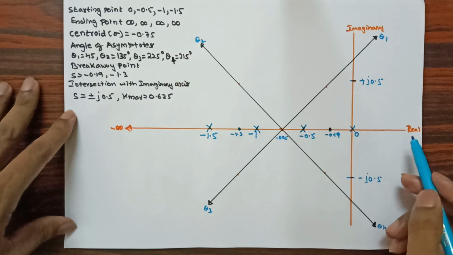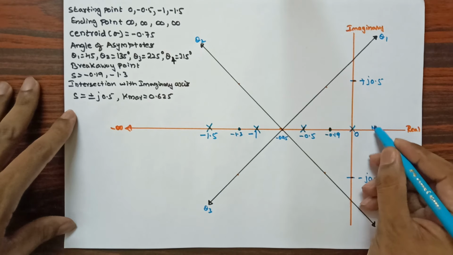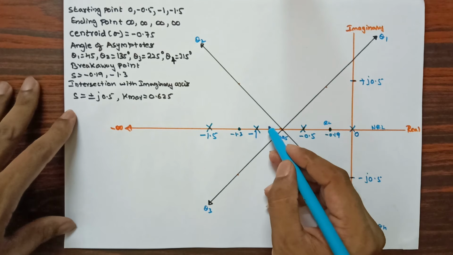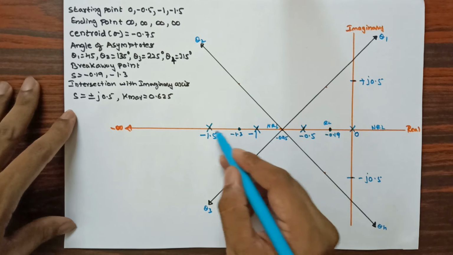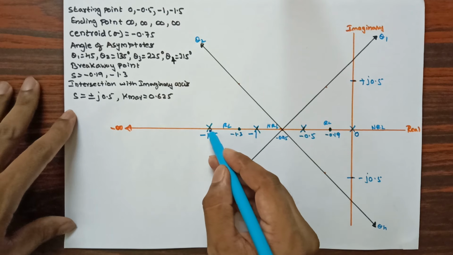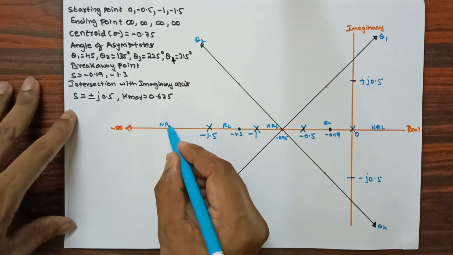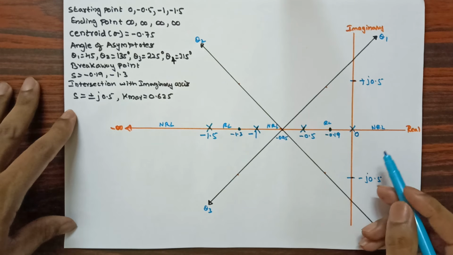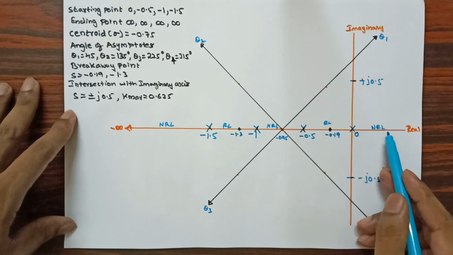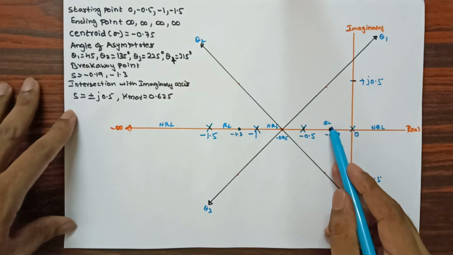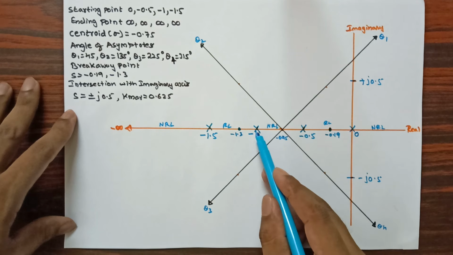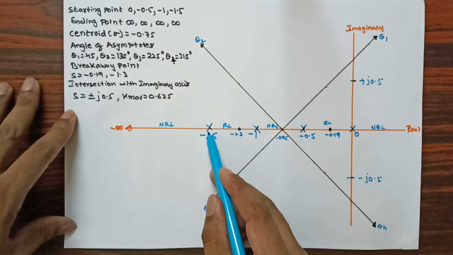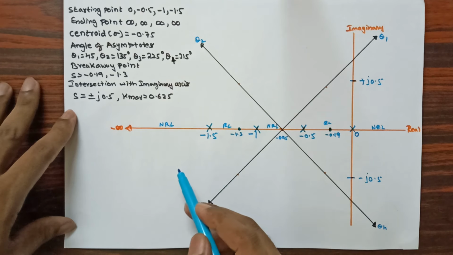So now these are the points we have shown, and we need to consider the root locus path and no root locus path. We know that from this point to this point there is no root locus path, and from this point to this point there is root locus, and from this point to this point no root locus path, and from this point to this point root locus, and from this point till infinity no root locus. As we know, the procedure to identify the root locus path is based upon the odd count and even count. From here to here it is even count, no root locus path. From here to here it is odd count, root locus path I have considered. From here to here even count, no root locus path. From here to here odd count, root locus path. From here till infinity even count, therefore no root locus path.